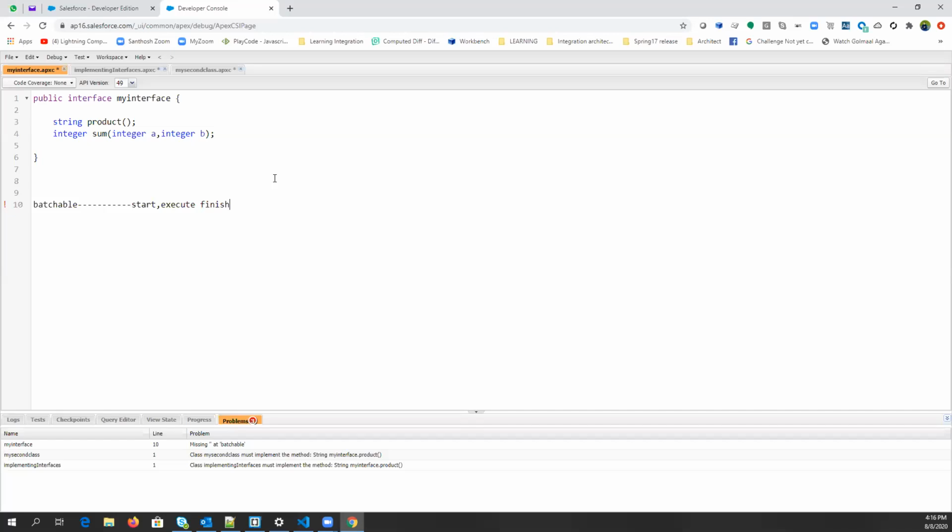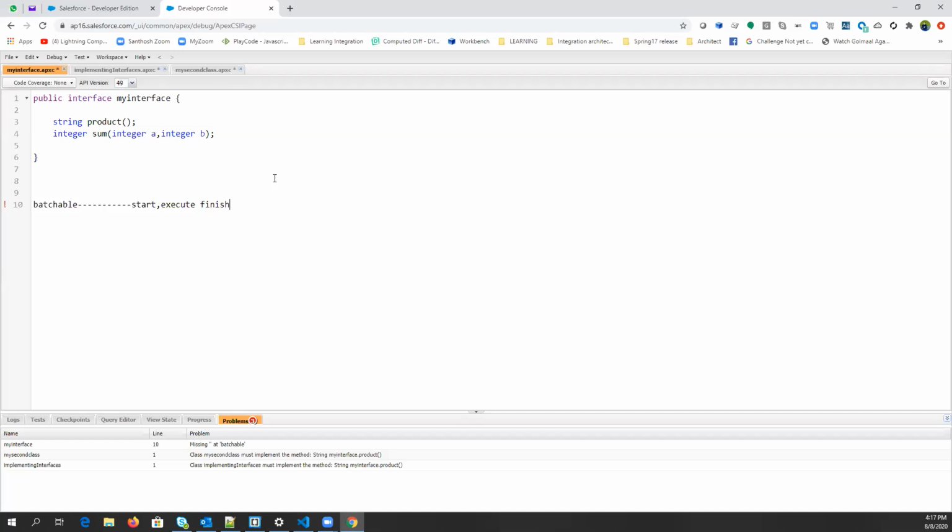So they have divided the complete process into three parts. They have created an interface so that everyone is aware of how they can write a batch class and how they can divide the process into three parts: start, execute, and finish. They have already created these methods without body, so you just need to pass the body based on your requirement.